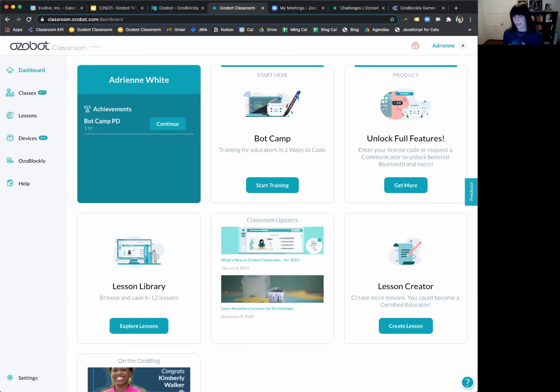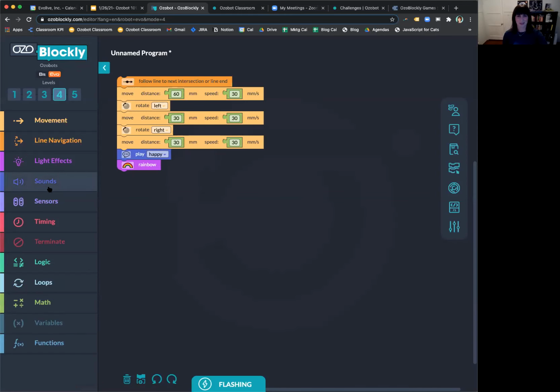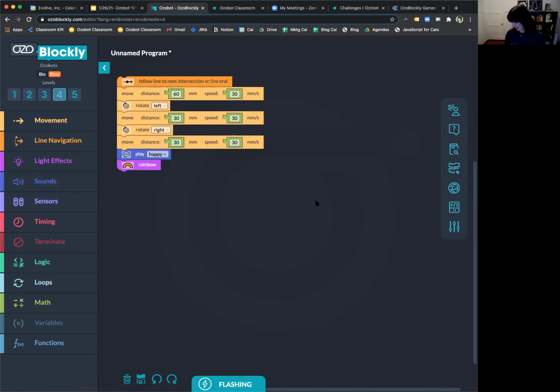And then Evo also has some more programmable features than BIT. With BIT, you can program things like its wheels and motor, but with Evo, it's also got these proximity sensors around the bot and a built-in speaker that BIT doesn't have. So you can see in Ozoblockly, right just above the skill levels, you can toggle between BIT, if you've got BIT, and then Evo. And you'll notice that as I toggle between those two, with Evo, there's sounds and sensors. So just more things you can do with your Ozoblockly programming with Evo.